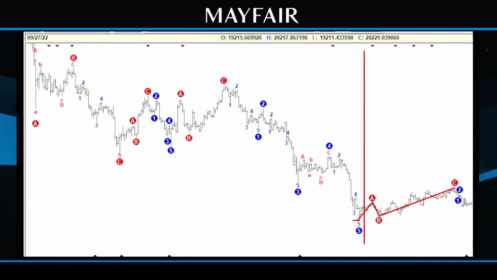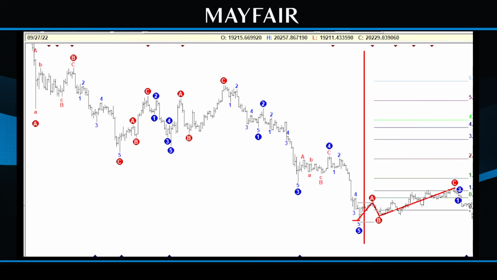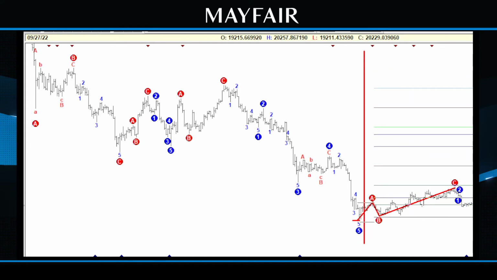So let's look at where we are now on this. If we go from the low up to the A and back down to the B, although we didn't quite tag it, we were pretty much 1618 in terms of that move there. That's close enough in terms of a counter trend move and where the fibs are. There's probably a couple in there. You've got obviously the other moves in between the 1% and the 1618. You've got the 27 and so on.